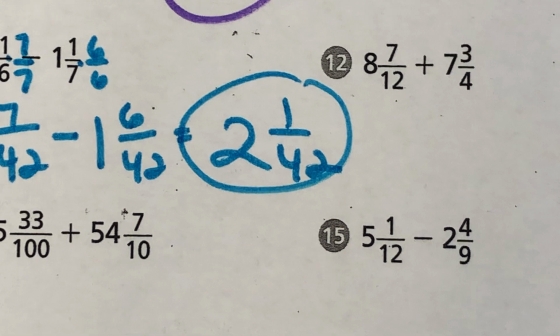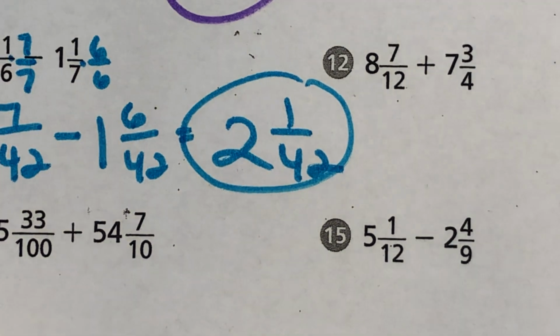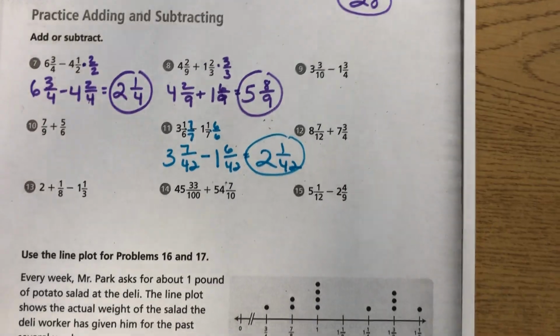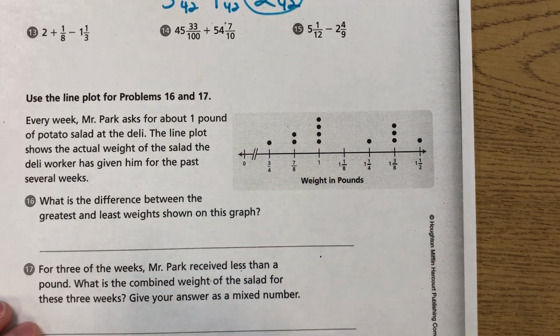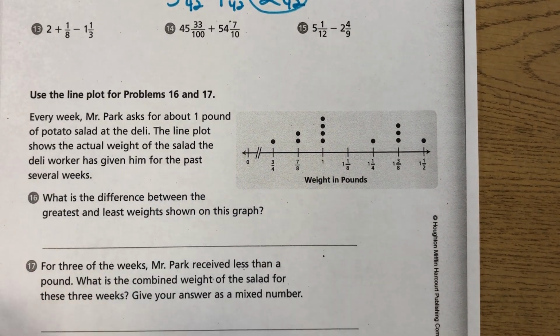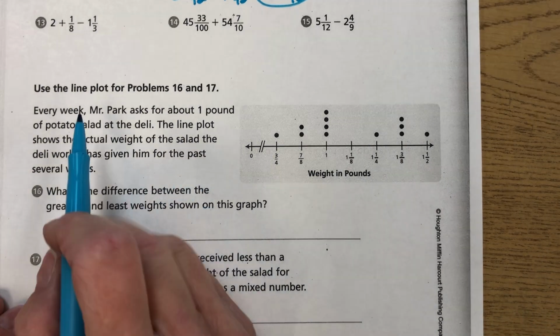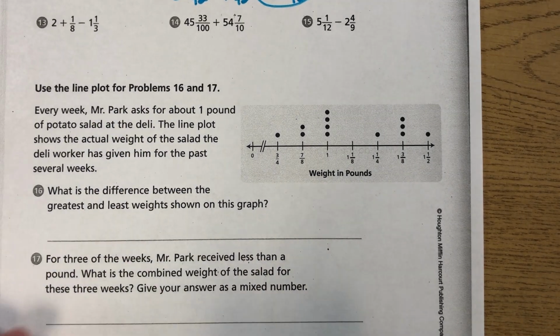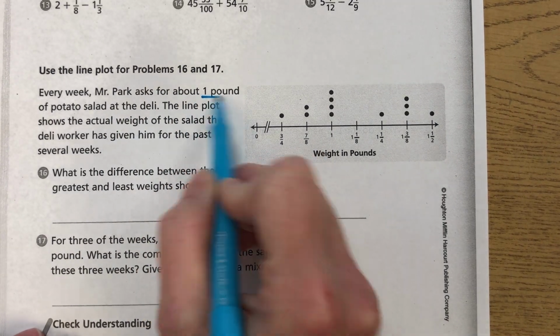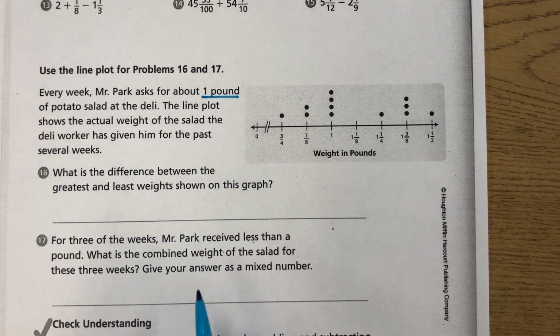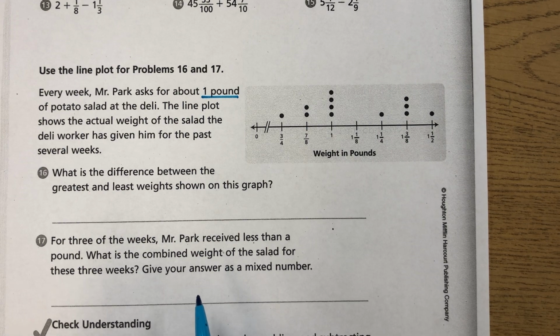All right, we also solved the problems on the bottom of this page, the line plot. This is also referred to as a dot plot, just so you know, because of the dots. And we did these two together in small group time. It says, use a line plot for problems 16 and 17. Every week, Mr. Park asks for about a pound of potato salad at the deli. The line plot shows the actual weight of the salad the deli worker has given him for the past several